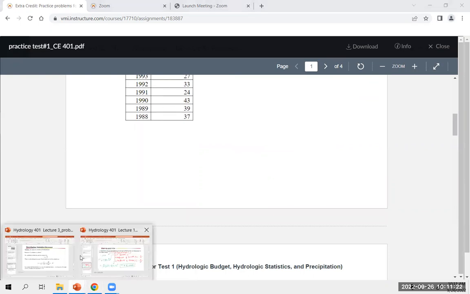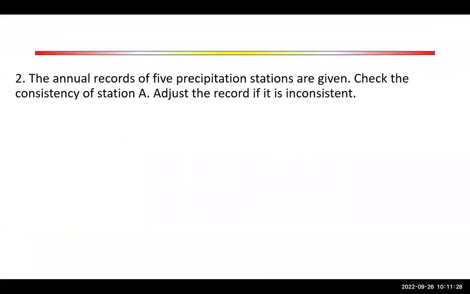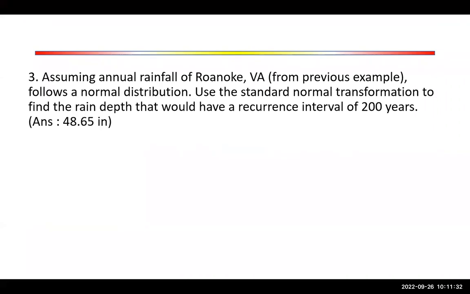Okay, so your question number 2, I will do that later because 2 is not about this data set. But question number 3 and 4, it's all about this data set, and that's why I said from the previous example. The previous example is actually question number 1. Okay, let's read question number 3.